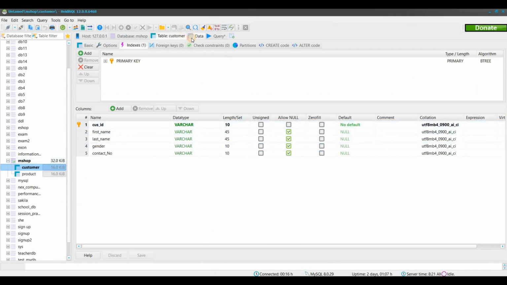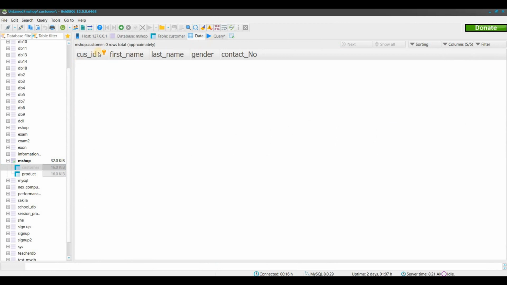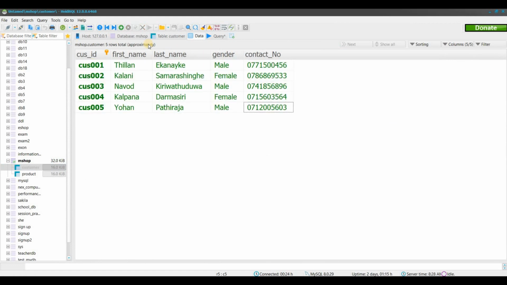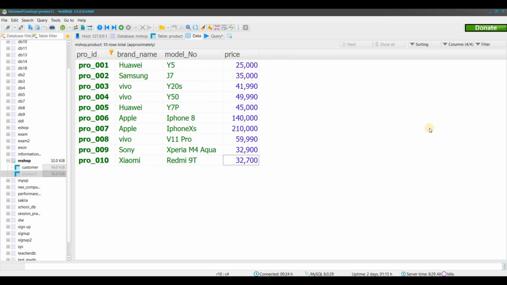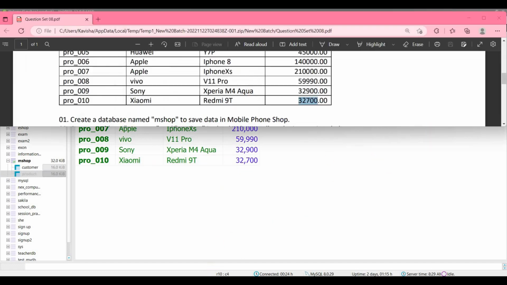Here is our customer table, and I'm going to add the data graphically, and I can add the data like this. This is the customer table, and I have added the data graphically, and here's the product table. I have added the data also. And our next question is,